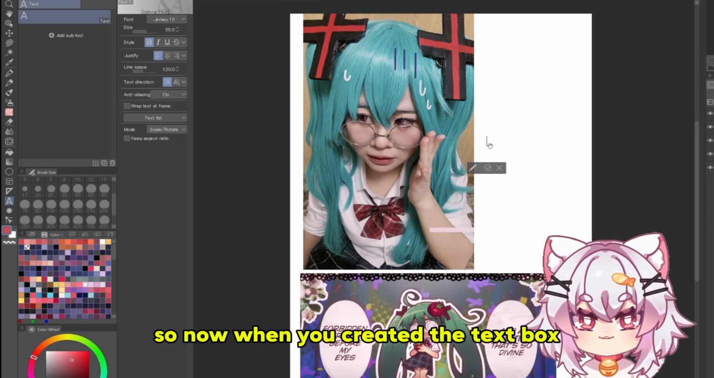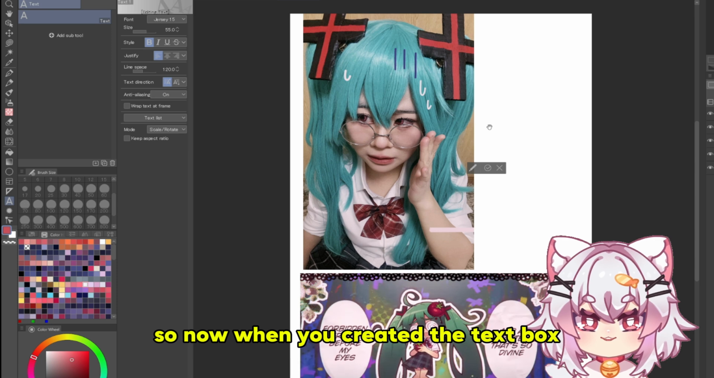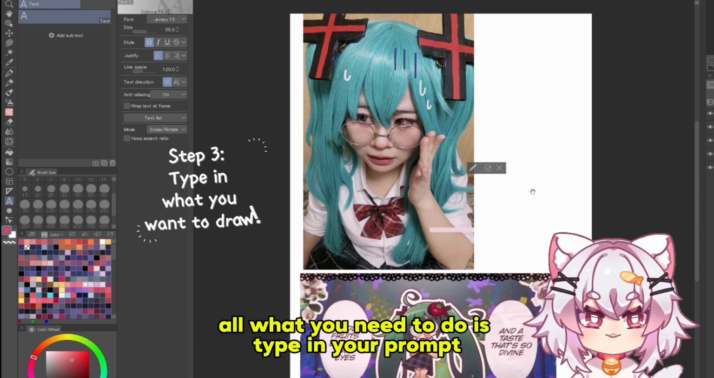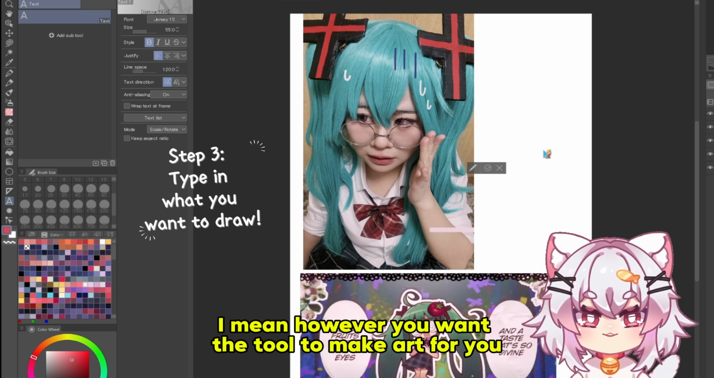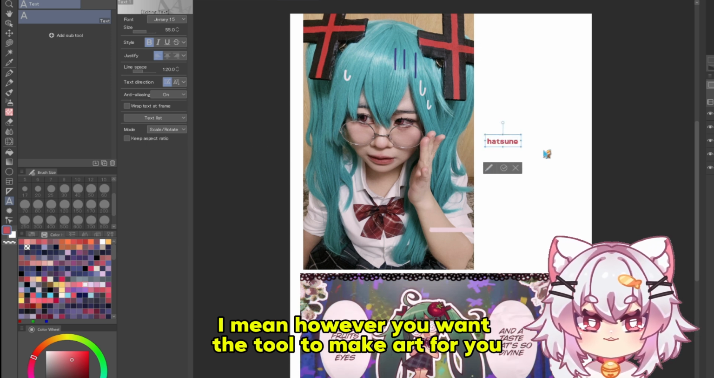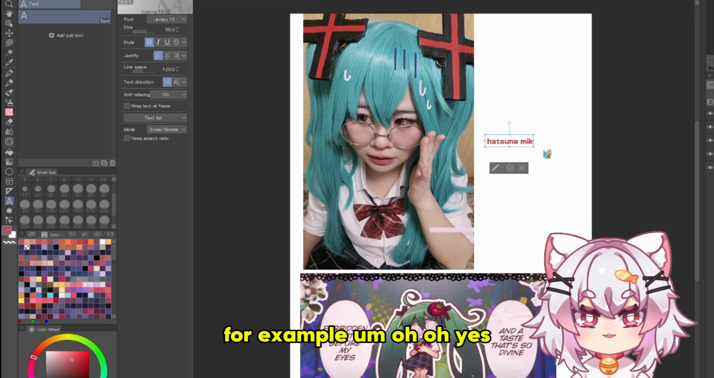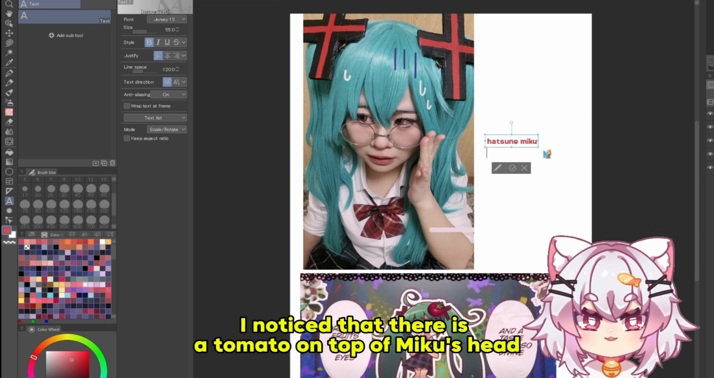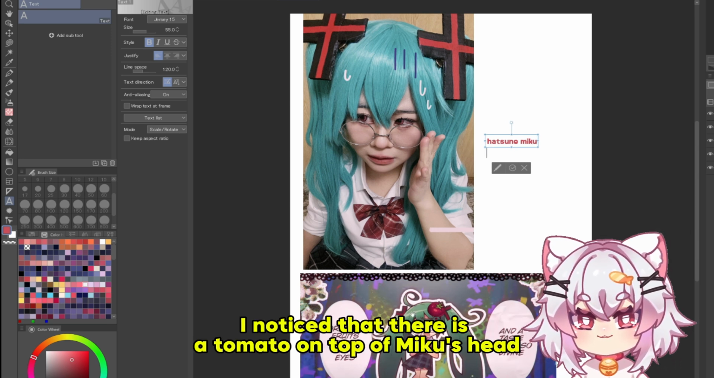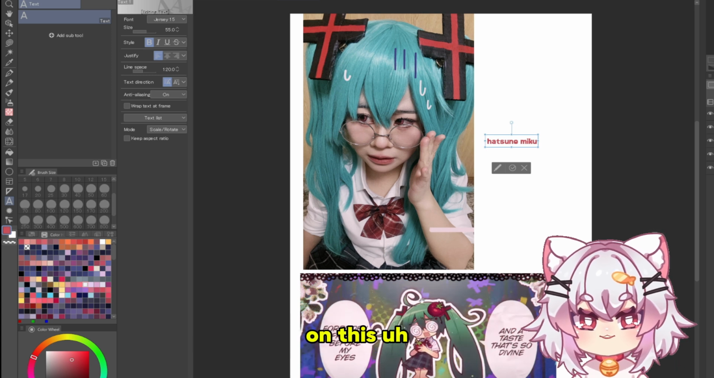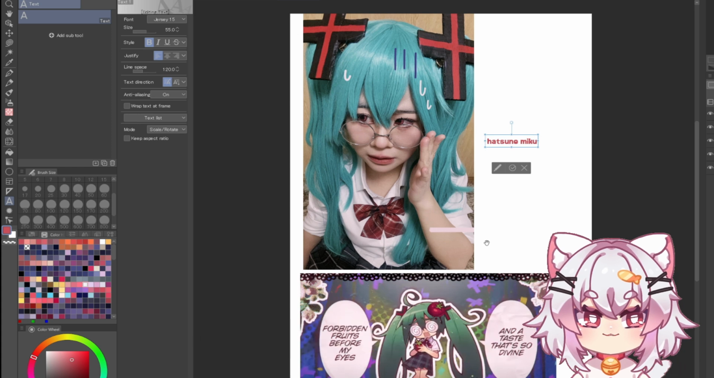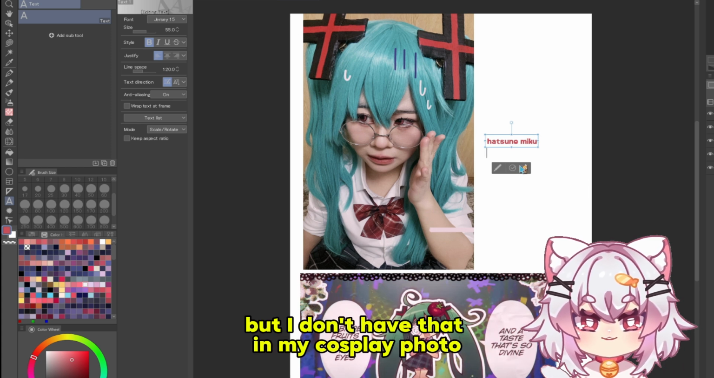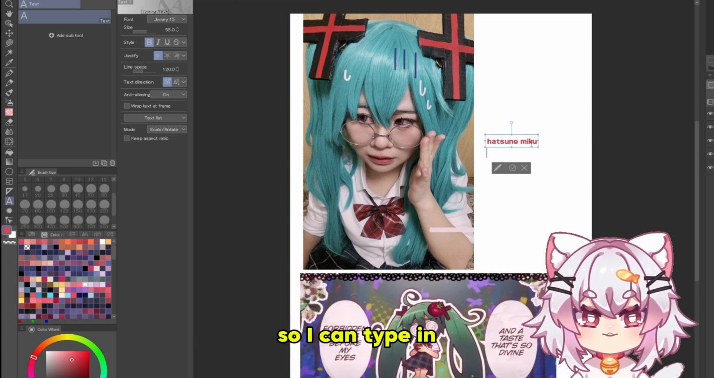So now when you have created the text box, all you need to do is type in your prompt. I mean, however you want the tool to make art for you. For example, oh yes, I noticed that there's a tomato on top of Miku's head on this other reference photo that I took from the official MV. But I don't have that in my cosplay photo, so I can type in,